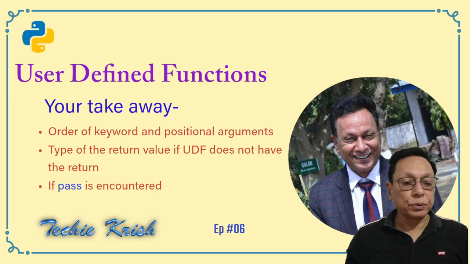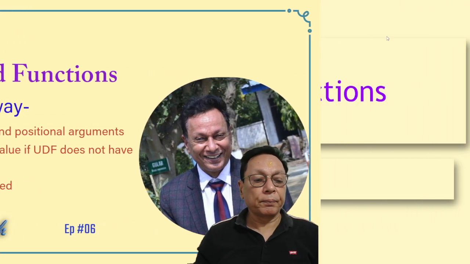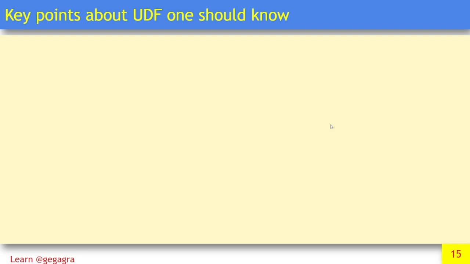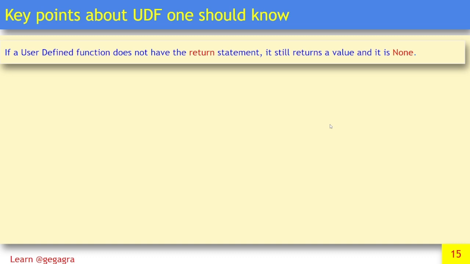So let's move to our presentation. Here is the presentation on user defined functions. These are the key points about UDF one should know: if a user defined function does not have any return statement, then what should it return? The answer is it still returns a value, and that is None. For example,